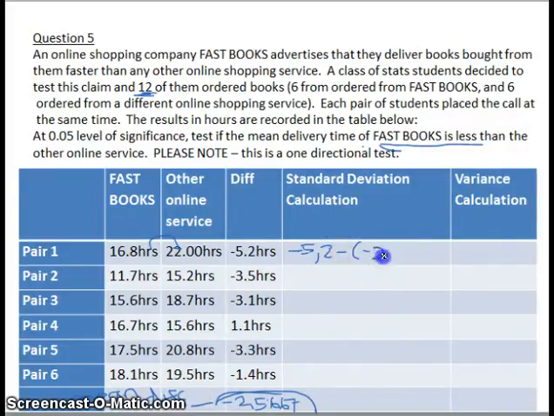We subtract minus 2.5667 for each of those, and we do that for each of the pairs. I'm going to erase this because I'm explaining now how we do it, but I'm going to fill in the final answers that are pre-calculated. So for the first pair, my answer was minus